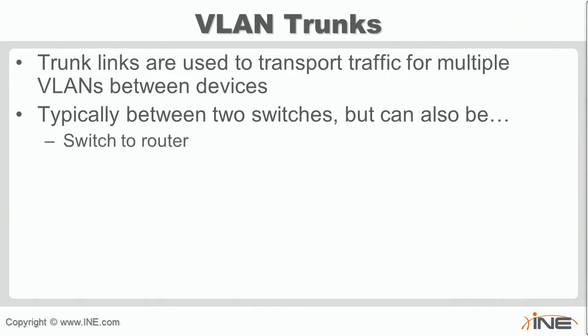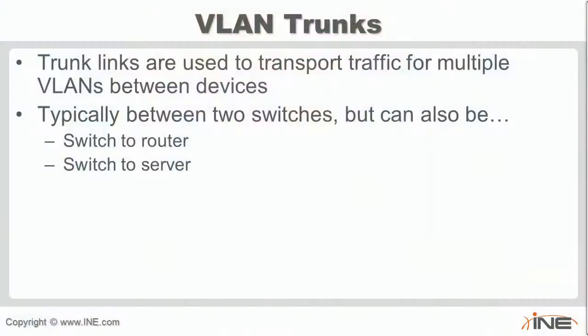There are a couple other design cases where you may want to run trunking in the network. One is if you're going from the switch to the router, and the router can run what's known as router on a stick, where it has multiple IP interfaces or multiple IP subnets. Based on the VLAN number that the switch is sending it, it can route between them. We'll take a look at some examples of that later. And also from the switch to your end server, like if you're running VMware, for example, you can have multiple virtual machines that are on different VLAN numbers, and over the Ethernet link that you're using to physically connect into the switch network, you can run this trunking